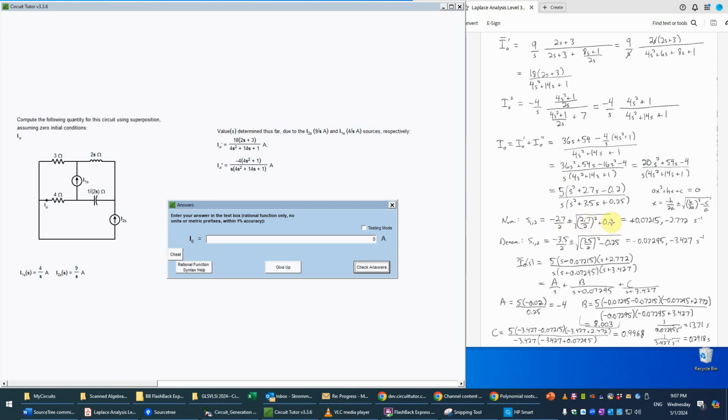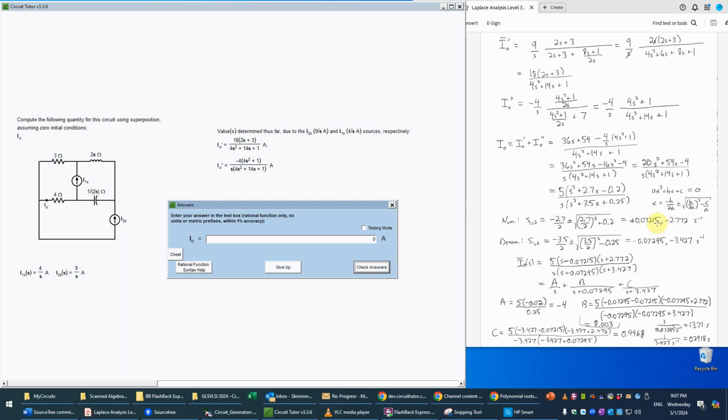So now, evaluating that with a calculator, we get plus 0.07215 and minus 2.772. Both of those are always in units of inverse seconds because this, again, is a frequency. It's per unit time. Now, you might notice something unusual here, which is this positive value. And you might wonder, is that a mistake or is that something wrong? Well, it's not a mistake, and it's actually not a problem when we're doing the numerator. If we did get a positive value for the denominator, in other words, this is going to be a 0, basically. If we got a